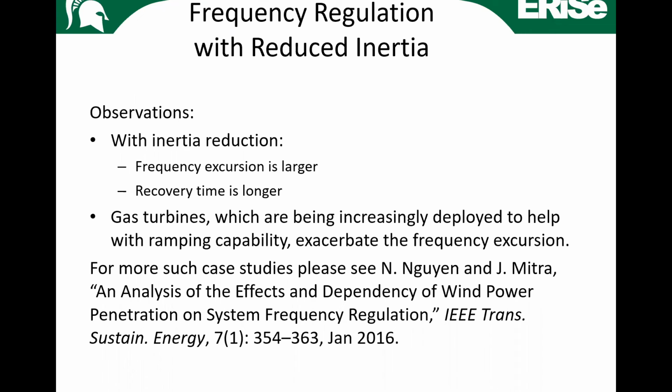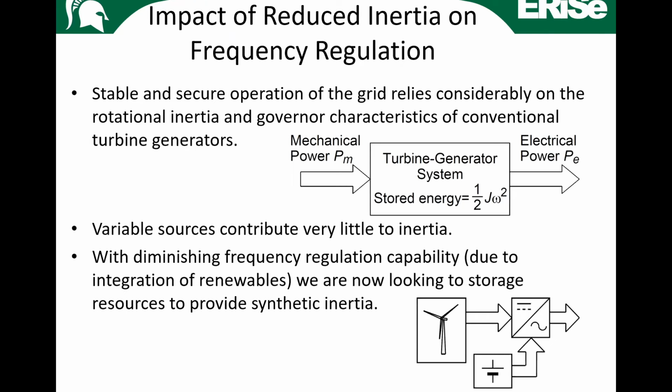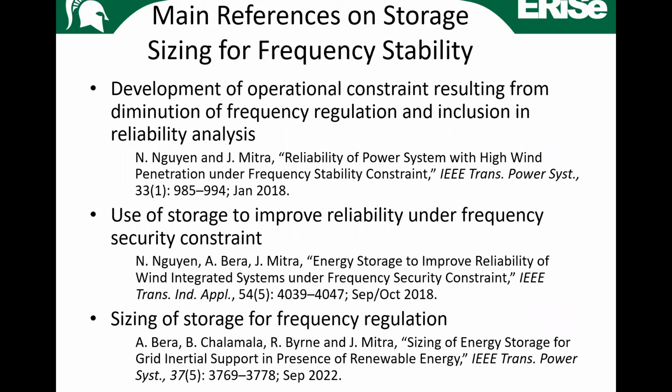And so what can we do? Can we use storage if we have such displacement, and can we replace this inertial storage with something like a battery or other form of storage? Okay, and the symbol here is a wind turbine being interfaced with an inverter to the grid. Okay, and we provide a little storage at this point of interface. Can we do that? It's called synthetic inertia or virtual inertia.